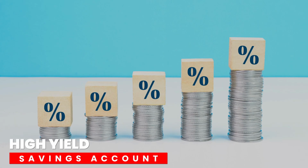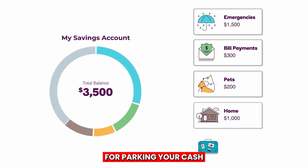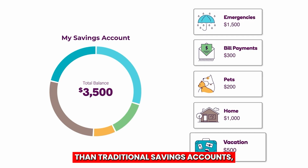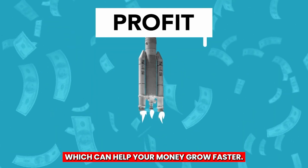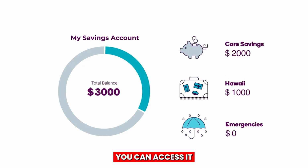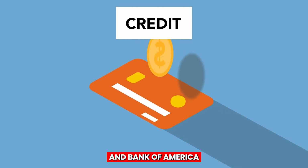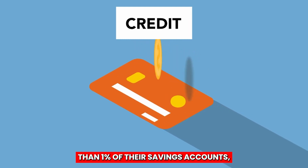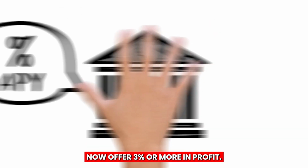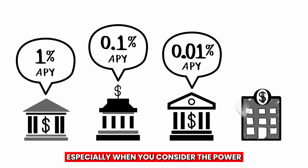High-yield savings account. A high-yield savings account is one of the most popular options for parking your cash. As the name implies, these accounts offer a higher profit rate than traditional savings accounts, which can help your money grow faster. The best part is that your money remains 100% liquid, meaning you can access it whenever you need it without any penalty. While big banks like Chase and Bank of America typically offer profit rates of less than 1% on their savings accounts, most high-yield savings accounts now offer 3% or more in profit. That may not sound like a lot, but it can add up over time, especially when you consider the power